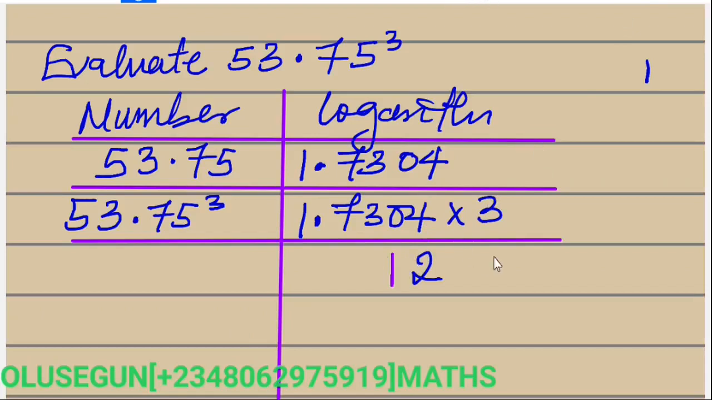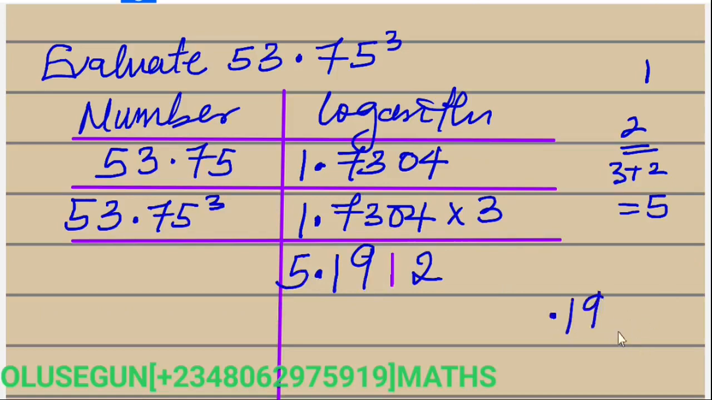Now 3 times 3, you have 9. 3 times 7 is 21; you write 1 and keep 2. 3 times 1 is 3, so let's add 3 plus 2 to give us 5. So we have 5.19. Now you go and find the antilog of